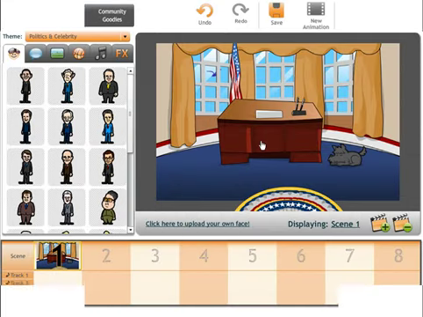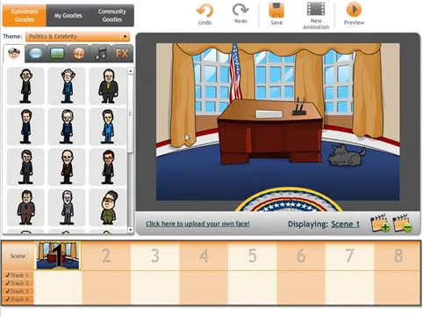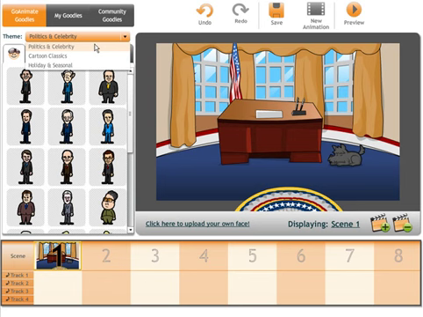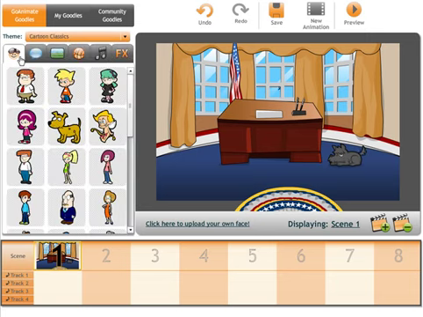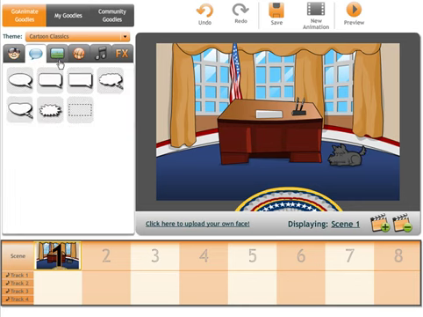So let's get animated. On the right is your stage where all the action takes place. On the left is a menu of assets. Animate goodies we provide you. My goodies you collect for yourself. Community goodies are provided by all of our members. Each of these goodies are subdivided into a variety of themes: politics and celebrity, cartoon classics, and holiday and seasonal. Let's choose cartoon classics. Each of these themes are subdivided into categories, either characters, speech bubbles, backgrounds,